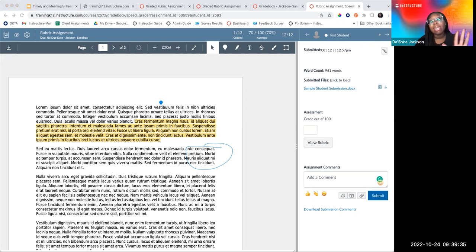So just taking a look at this, let me know in the chat which of these tools you think you're going to use or start to use. It may not be for this semester, because I know we're much further into the semester, maybe for next semester. Is it going to be the comment library? Are you thinking about using video or audio feedback? Using rubrics, this annotation tool? Let me know in the chat.